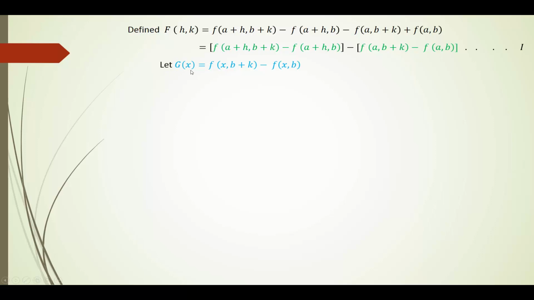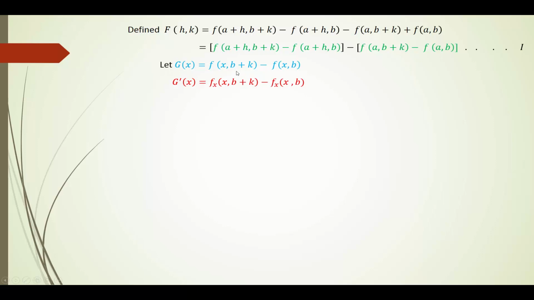Let g(x), this is in one variable because we know the mean value theorem in one variable. Let g(x) equal f(x, b+k) minus f(x, b). The right hand side is two terms, the left hand side is one term. Also the right hand side is in two variables, but the left hand side is in one variable, means two terms to one term and two variables to one variable. Then find g'(x). This is in terms of x, so this is the derivative with respect to x. So on the right hand side, the derivative with respect to x is denoted as f_x(x, b+k) minus f_x(x, b). g'(x) is f_x(x, b+k) minus f_x(x, b).